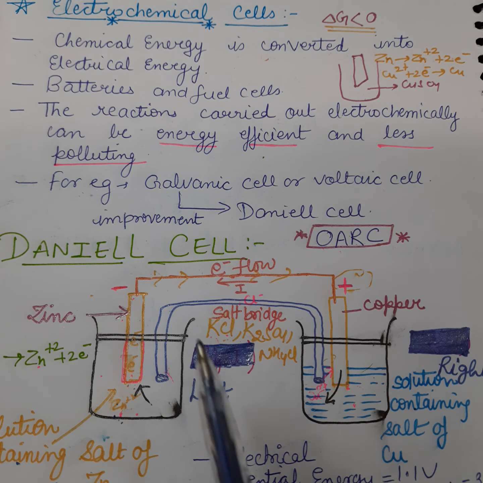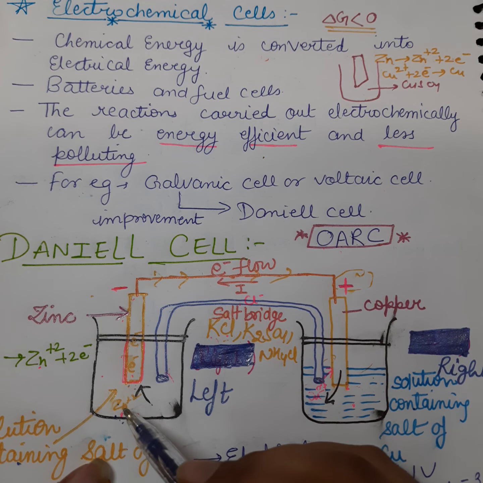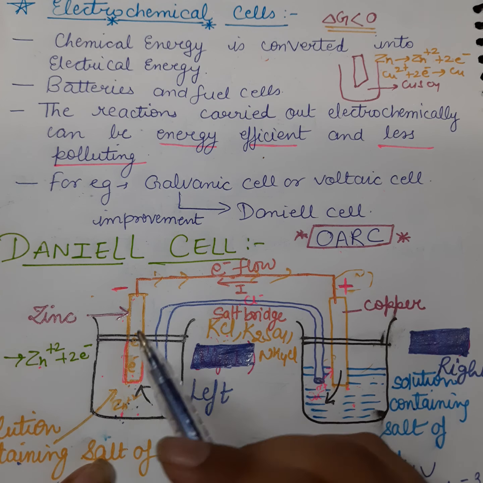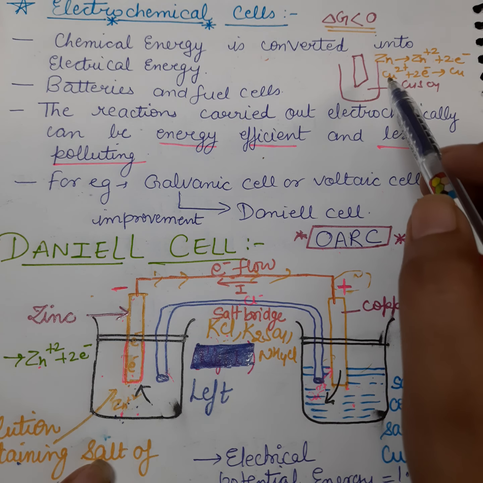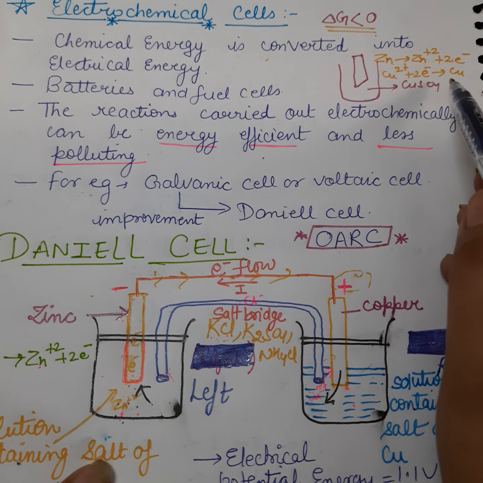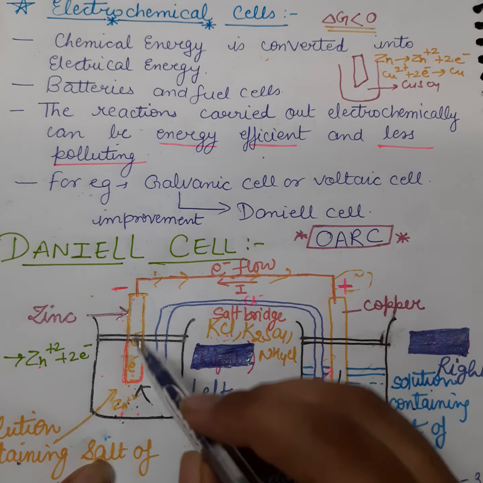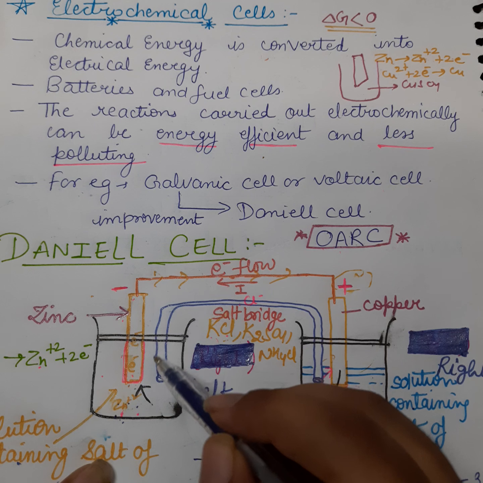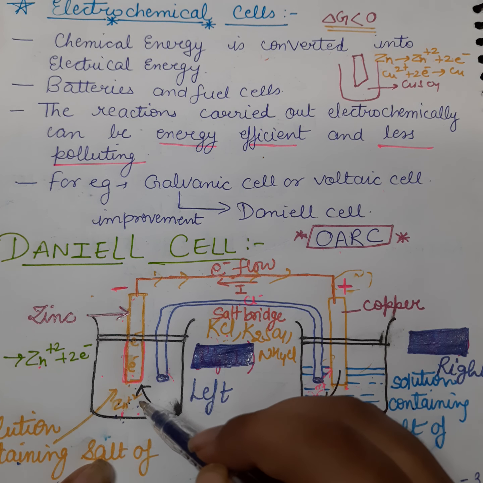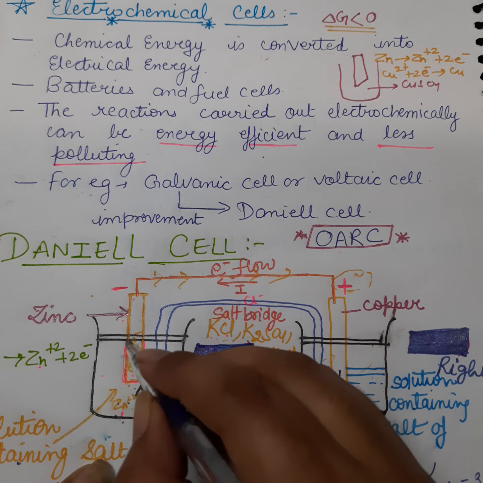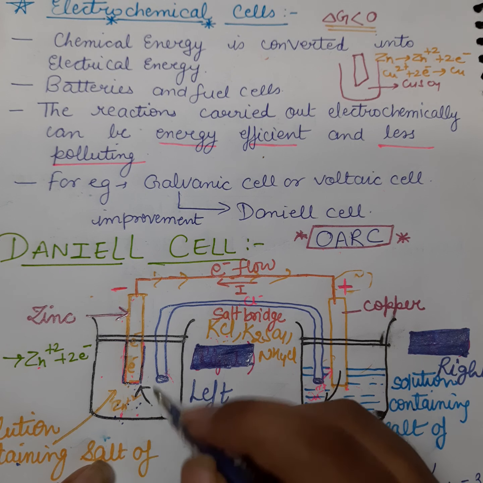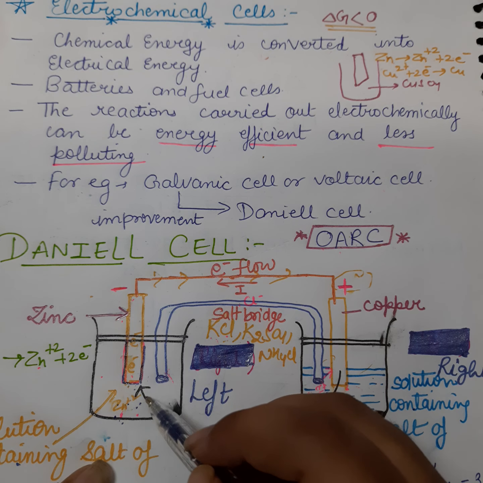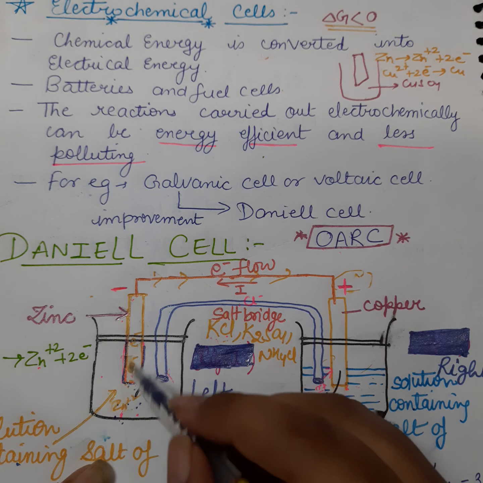Okay, now what happens students? Just see here in this beaker, there are the ions of Zn2+ and SO4 2-. And this rod is also made from zinc. So previously we discussed that zinc gives rise to electrons and converts into Zn2+. So here Zn becomes Zn2+ and comes into this electrolyte solution. Okay, so basically students, this is the interface between the electrode and the electrolyte solution. So zinc comes into the electrolyte solution and electrons remain in this rod.